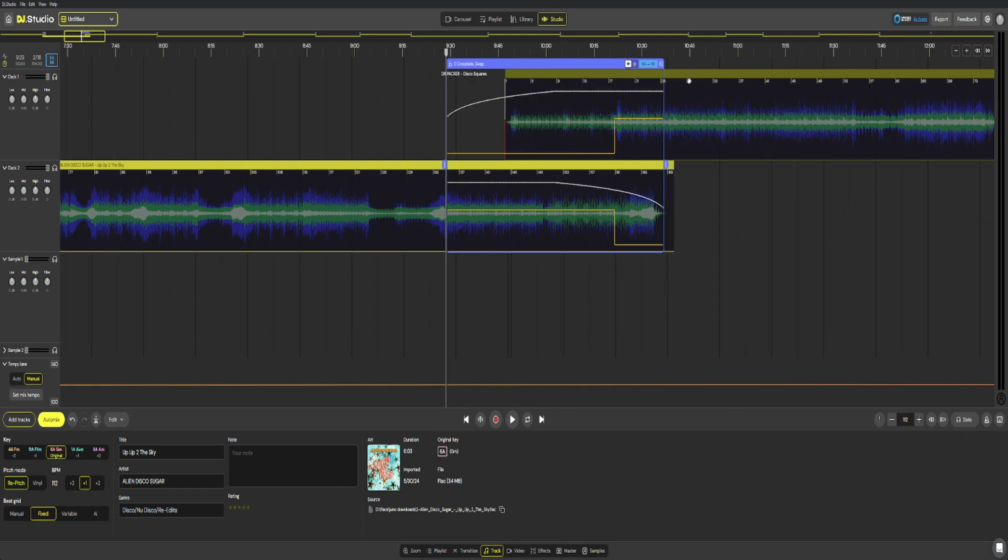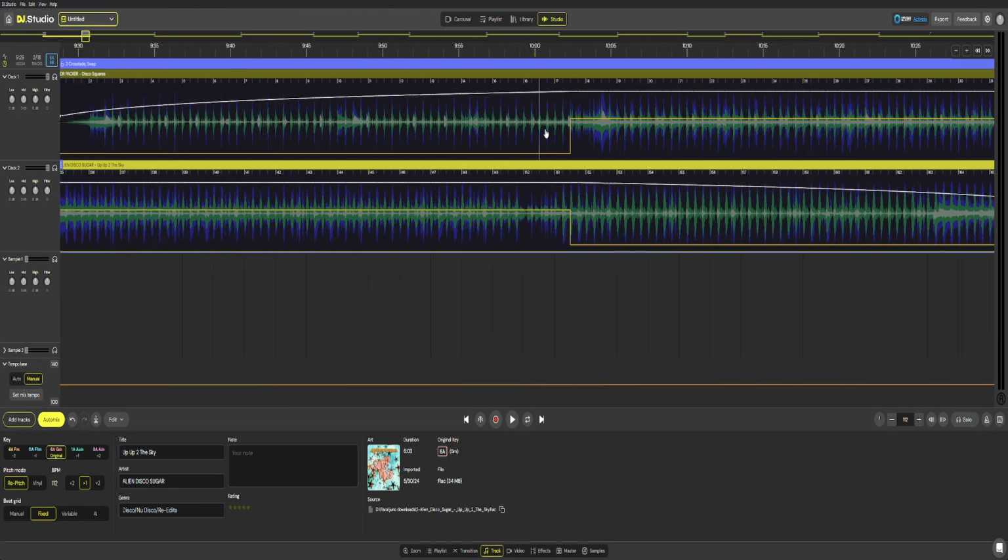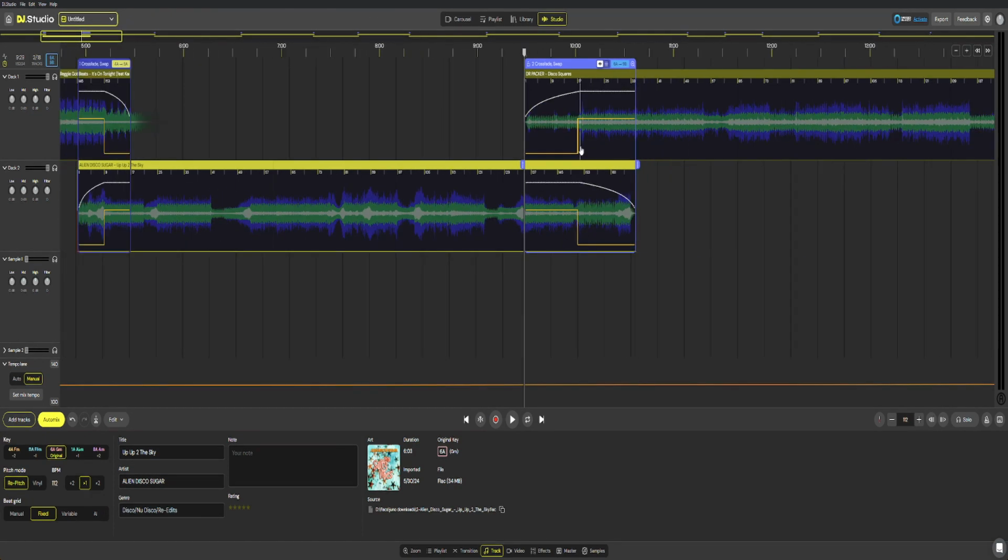It just takes that long for it to get going. So we're gonna pull this back to about 17. That's 16 bars of the bass line, or all the bass frequencies for Alien Disco Sugar's